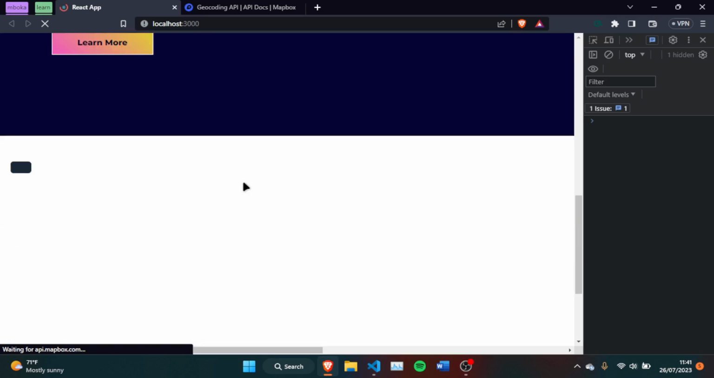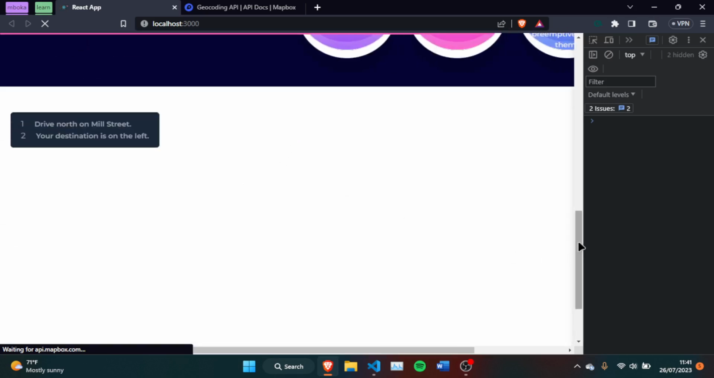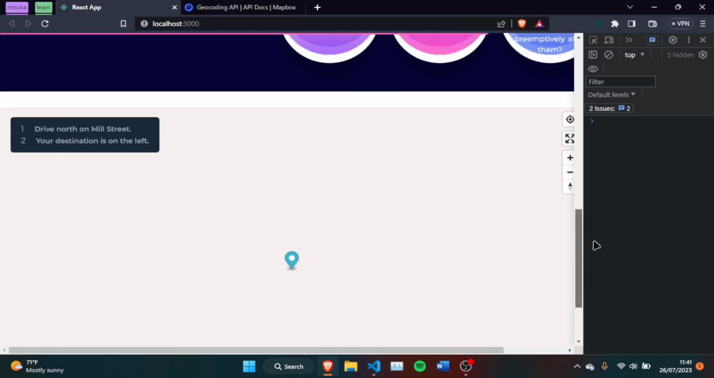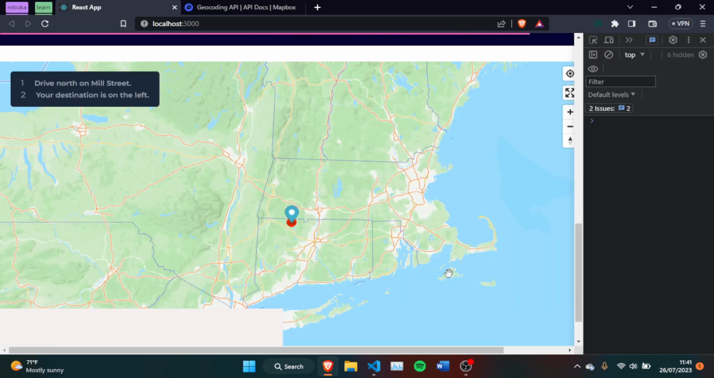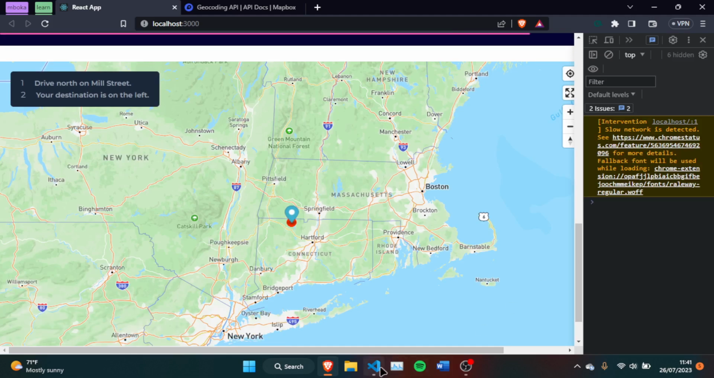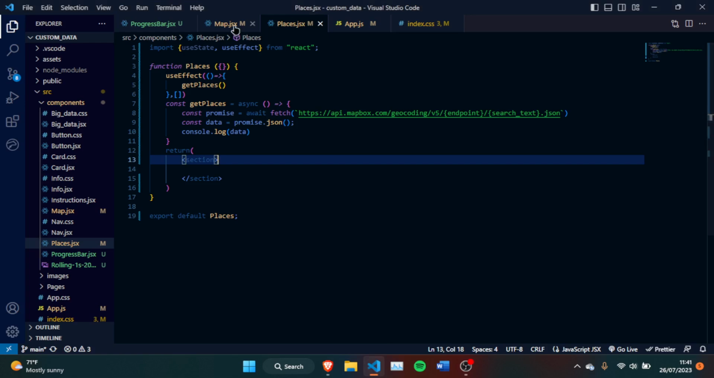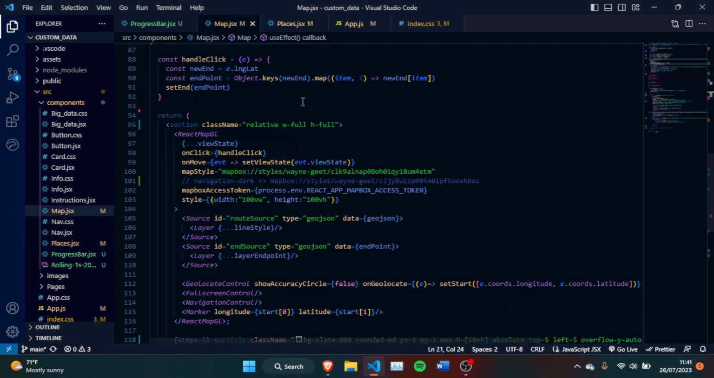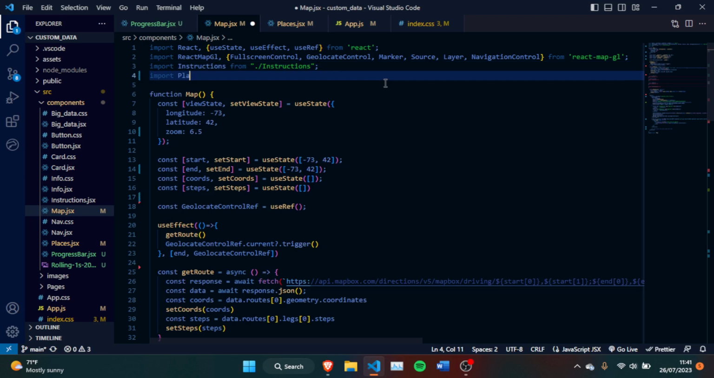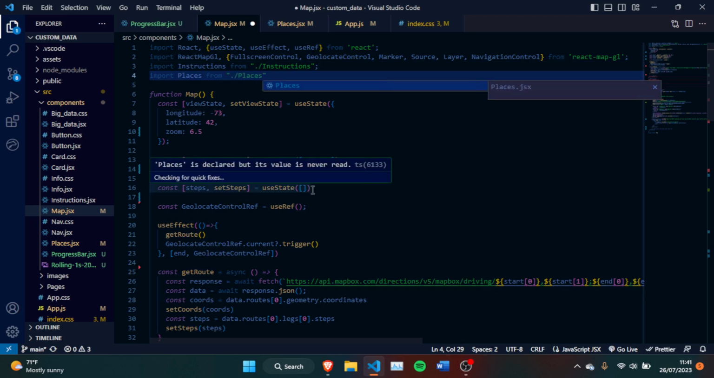Let's give it a minute. Okay, the map is loading. Okay, we have our map. Okay, so apparently I had forgotten to, I also need to, of course, import this into a map in order to see it getting rendered. So let's just go ahead and do a simple import of places from, it's in the same, so like so,